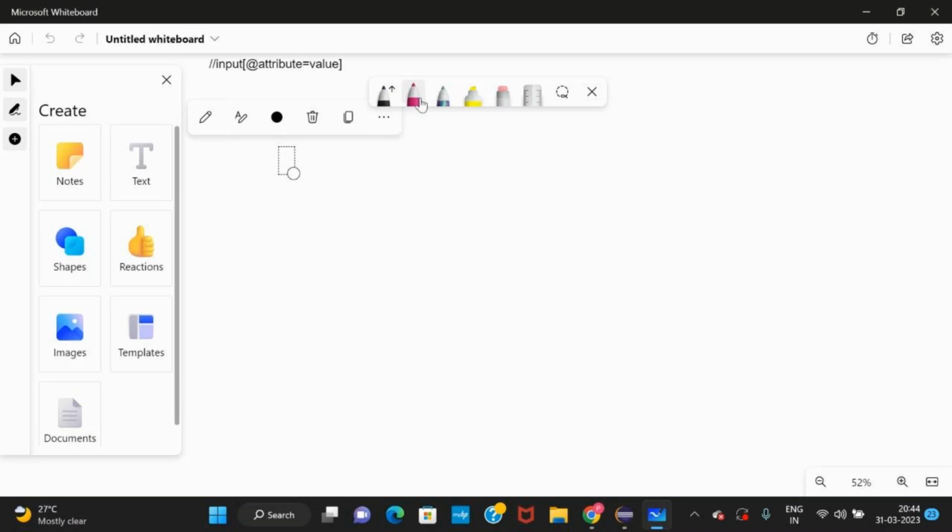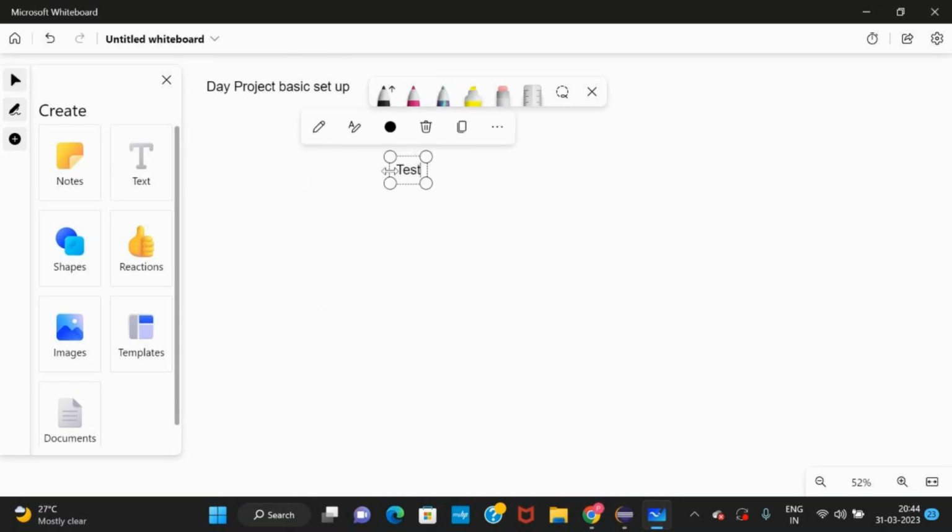What we are covering in this is the project. It's day two on the project. We covered the project basic setup. What is the basic setup? Let me repeat. We covered TestBase. What does TestBase contain? TestBase is a class, right?